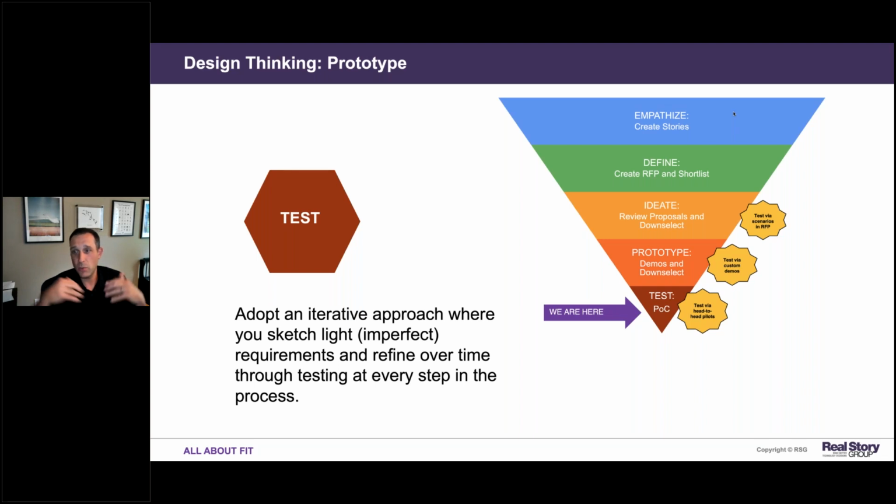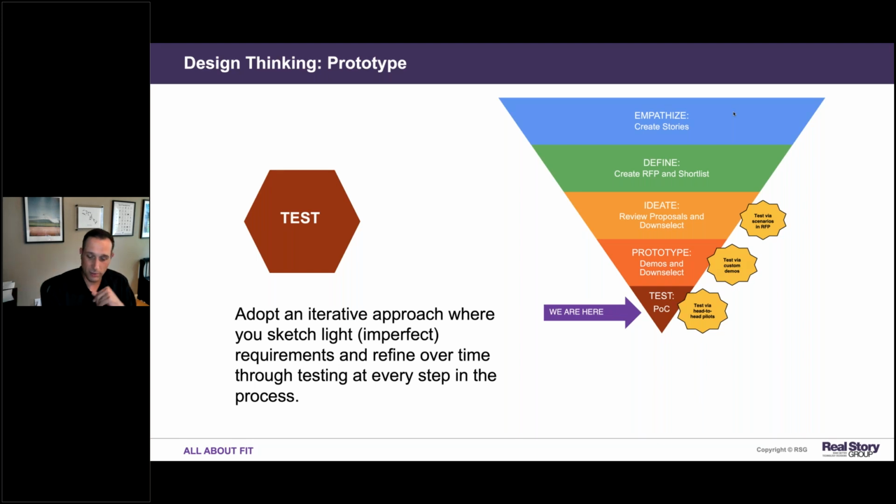So for example, coming out of the demo week, there's likely to be some open questions, even around the vendors that move into the proof of concept phase. But the proof of concept phase is designed to help you answer some of those open questions, right? And if you have uncertainty about how this DAM is going to integrate with our incumbent web content management system, or our incumbent marketing automation system, or our incumbent PIM system, that's the time to test it, right?